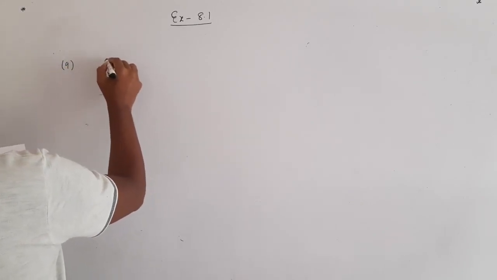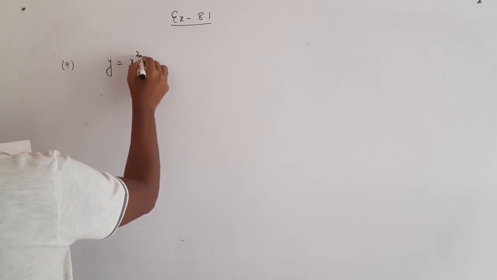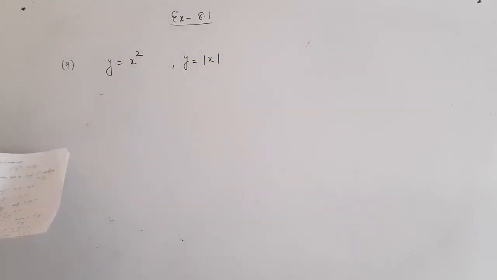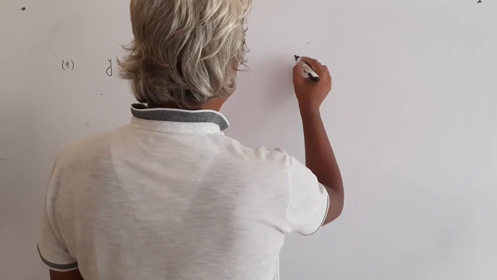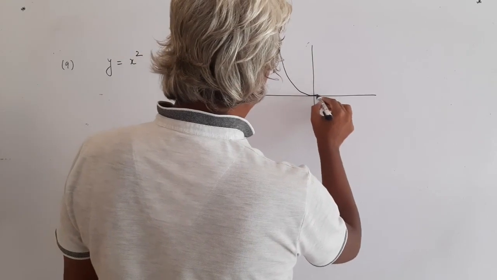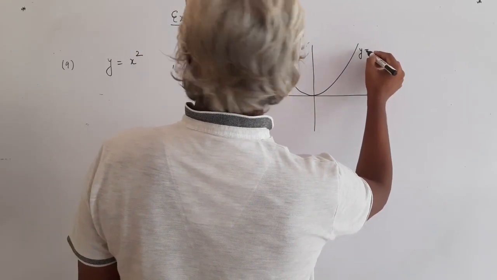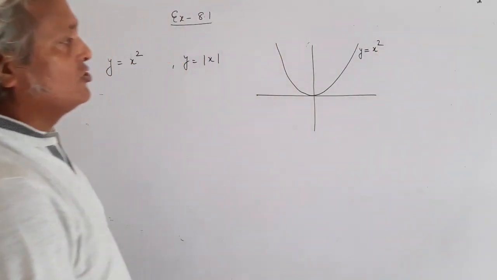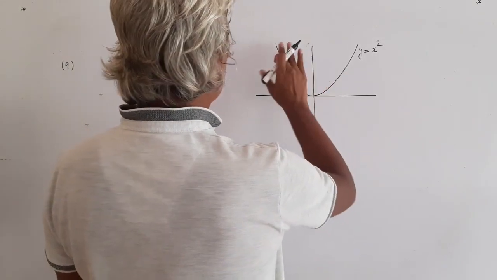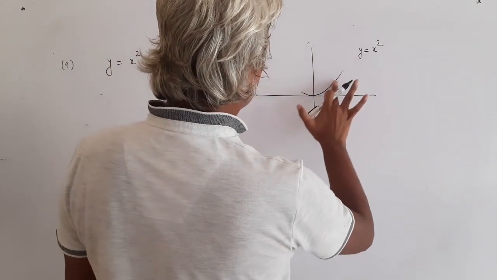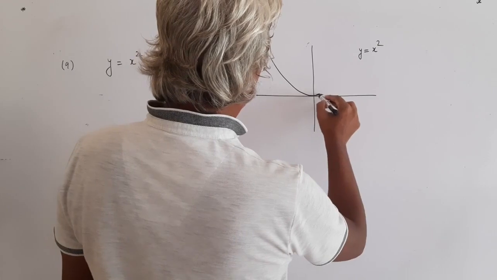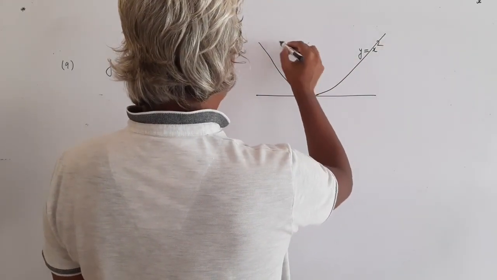So this goes like: find the area between y equal to x square and y equal to mod x. Okay. Then first let me plot what is y equal to x square. This is x square equal to y. This one is like this. We also call it x square equal to y. And then y equal to mod x. This function goes like this. So let me make it a little flattened so that it will trap a considerable area, like this. And then the mod x function goes like this.